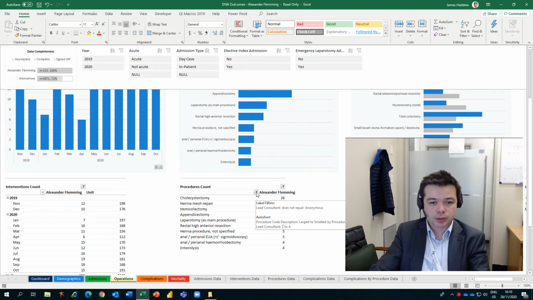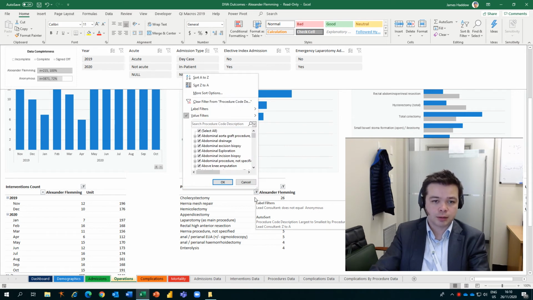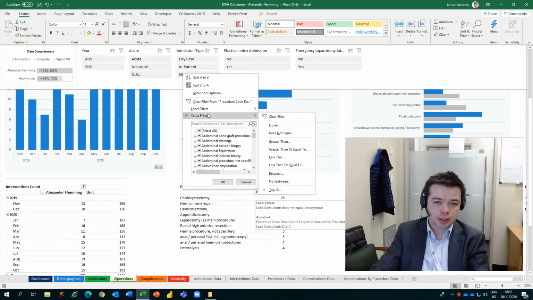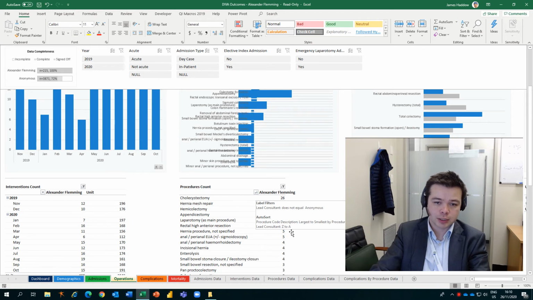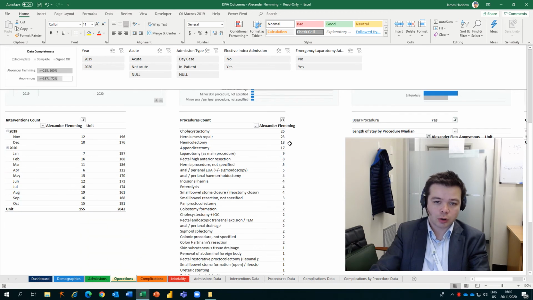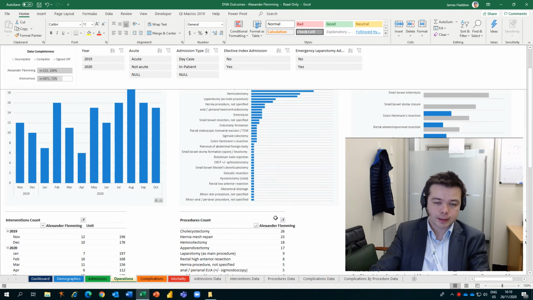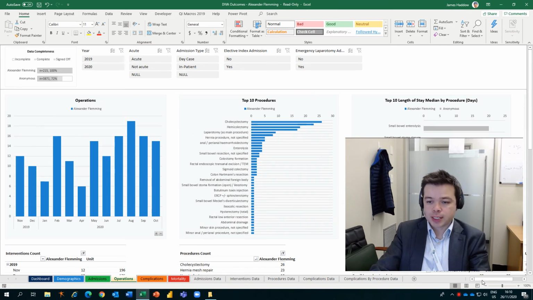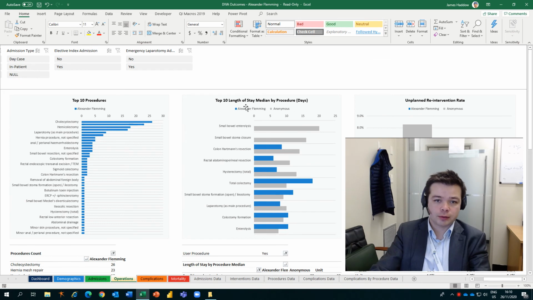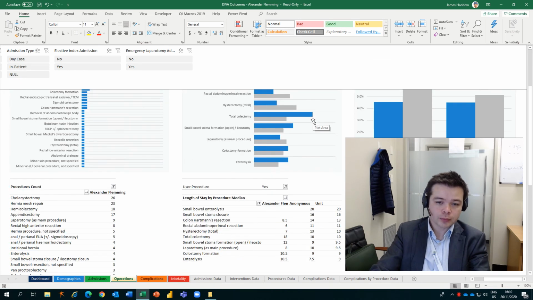Use these filters here on this pivot chart. So you click on this button and you will see that there is currently a filter here saying top 10, and you can just clear that filter. So if you clear that filter, then you will now have all the procedures you've done and all the numbers against them, like that. On this table here you have a length of stay again by procedure,